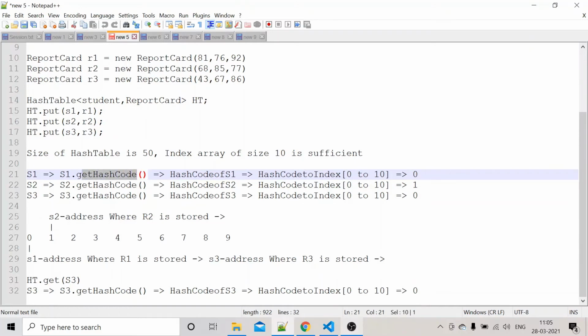Ideally, the get hash code method has to return a unique value for every object, but this hash code function is not going to be as complex as a hash algorithm. To have a very low computation time, we will be writing very simple logic inside the get hash code method. Because of its simplicity, there might be cases where two or more objects give a similar hash code. In such a case, the equals method is also executed, where the contents of the two objects are compared. If the contents are also the same, which means we are trying to insert a duplicate object inside a hash table, which the hash table won't allow.